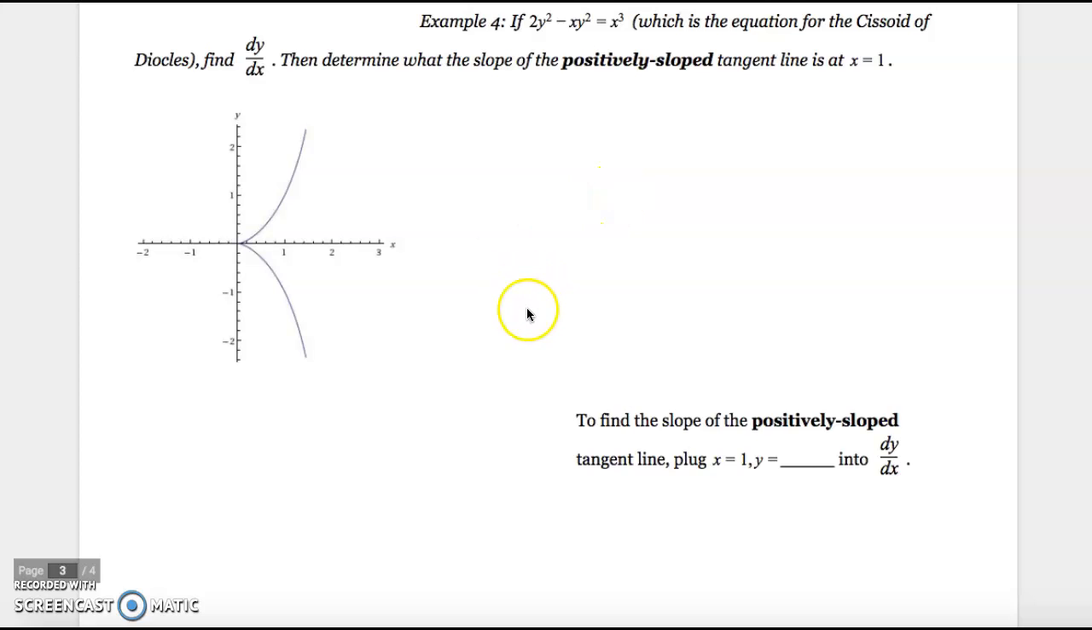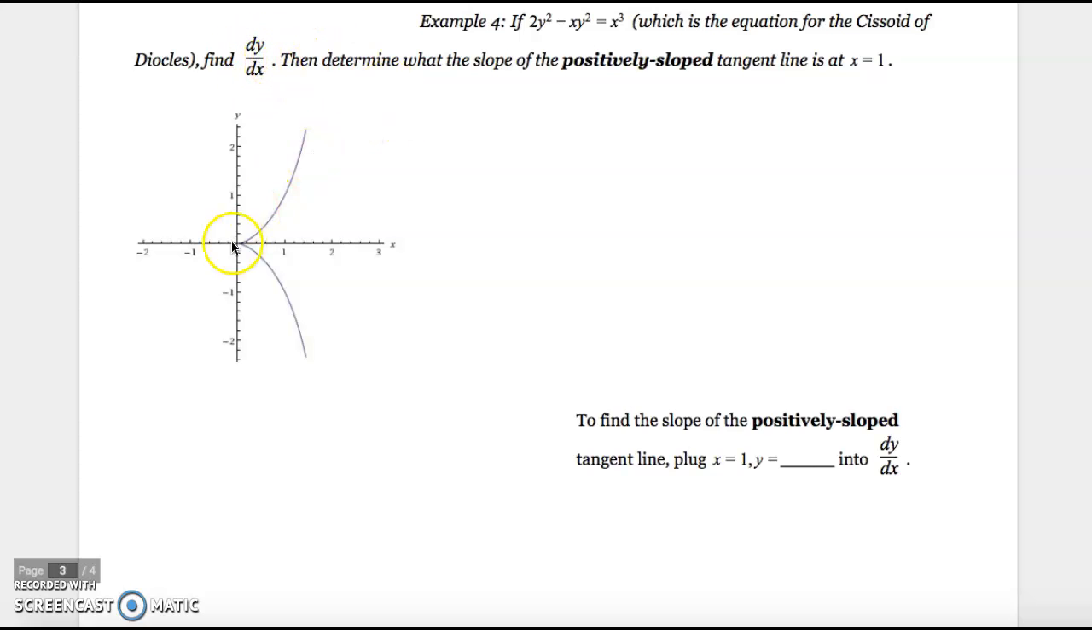All right, in this video, we're going to go ahead and finish up our implicit differentiation notes, finding the derivatives of equations that aren't solved for y and can't be solved for y super easily. So in this example, this equation, which is called the equation for the cissoid of Diocles, by the way, very fancy, you know the Greeks and their math. We're going to find the derivative